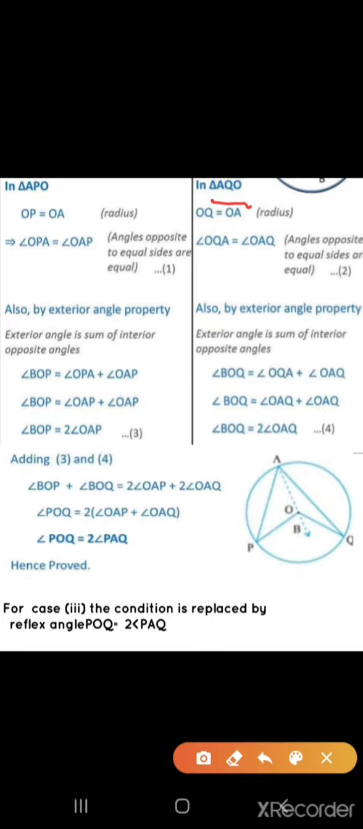And there, OA is equal to OQ, radius of the same circle. So angle OQA equals angle OAQ. The angles opposite to the equal sides of the circle are equal. Then you can apply the exterior angle property also there. Exterior angle BOQ is equal to OQA plus OAQ, the two small angles,